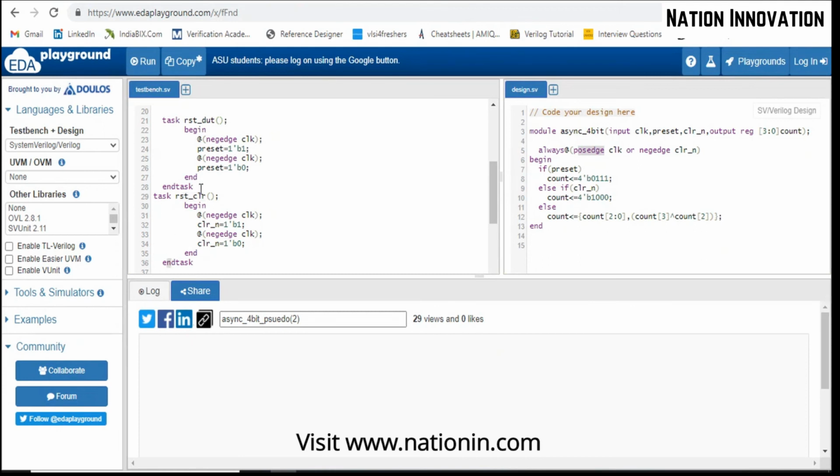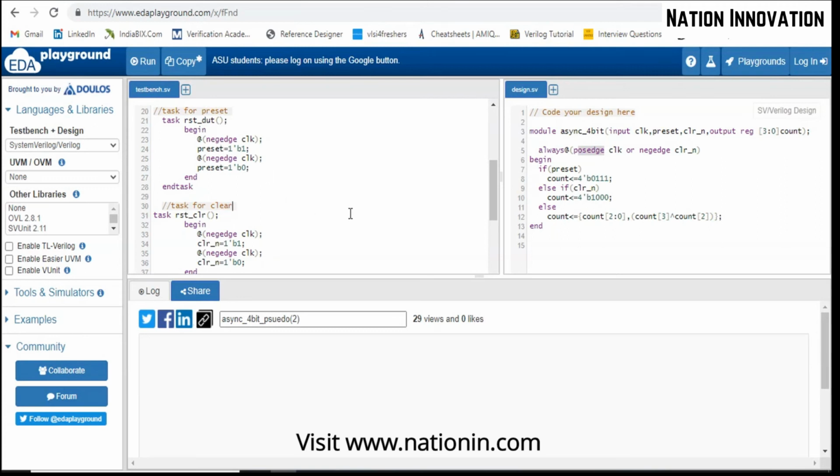It will be good if in the code you write a task for reset, so it will be easy to understand: task for reset, task for clear. In that way you can use it.